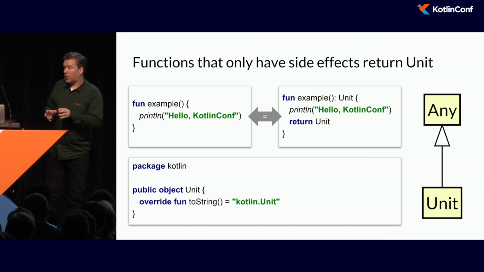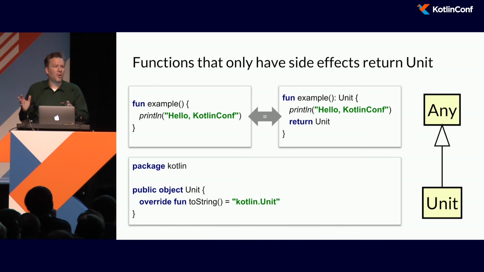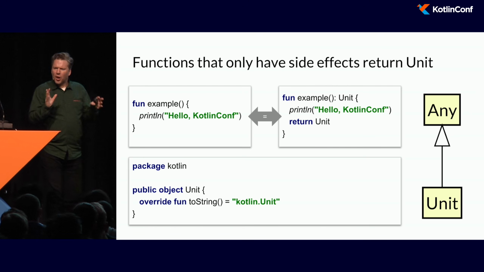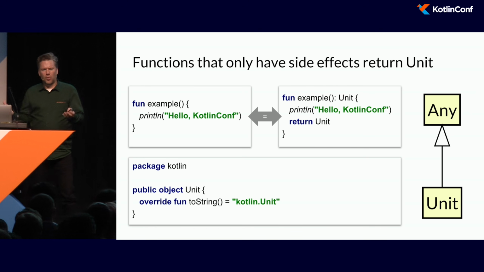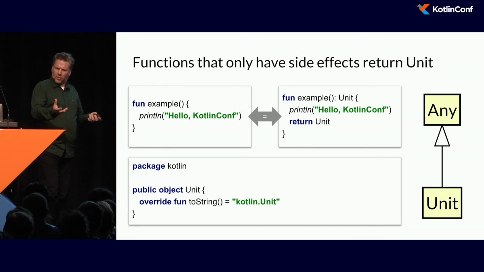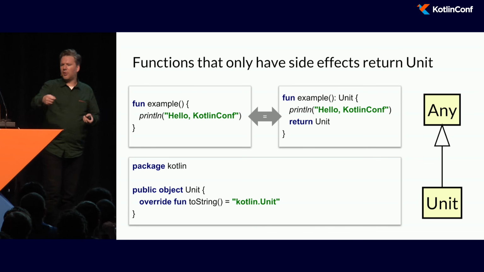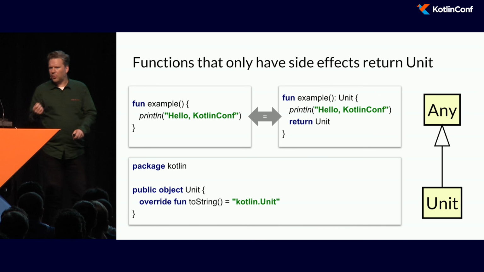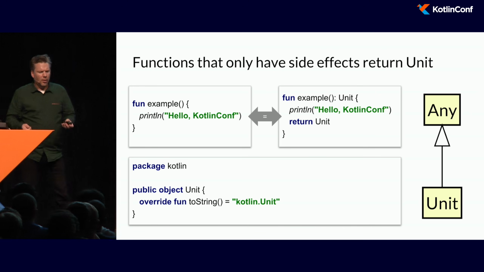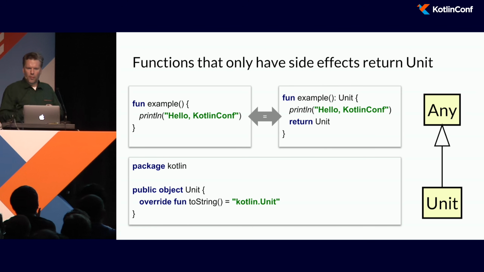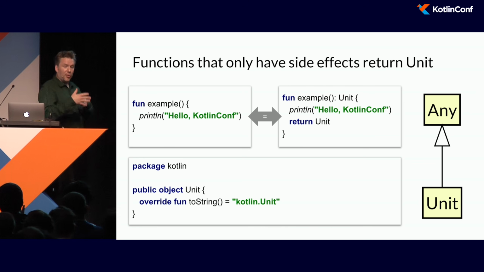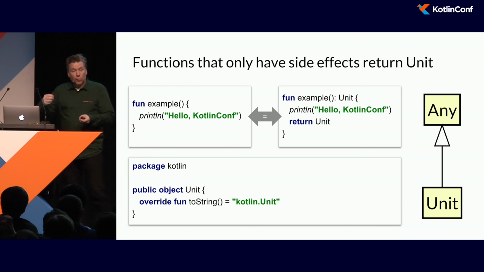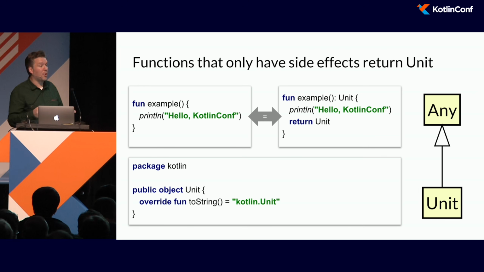Unlike Java, Kotlin doesn't have a void type. Void in Java is a strange edge case, and causes a lot of duplicate code. For example, Java has a Runnable interface for tasks that do something but don't return a value, and a Callable interface for tasks that do something and do return a value. In Kotlin, functions that have side effects but don't actually calculate anything do still return a value. They return a value of type Unit.